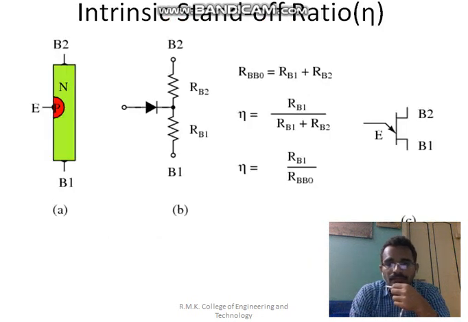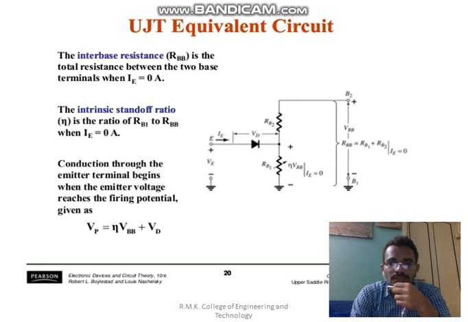Now here, this RB1 and RB2, we have taken RB1 by RB1 plus RB2, and this ratio is your intrinsic standoff ratio of UJT. This is a very important formula to remember and to do the problems. And another point which you have to learn here is that for the UJT, the resistance RBB we try to represent as